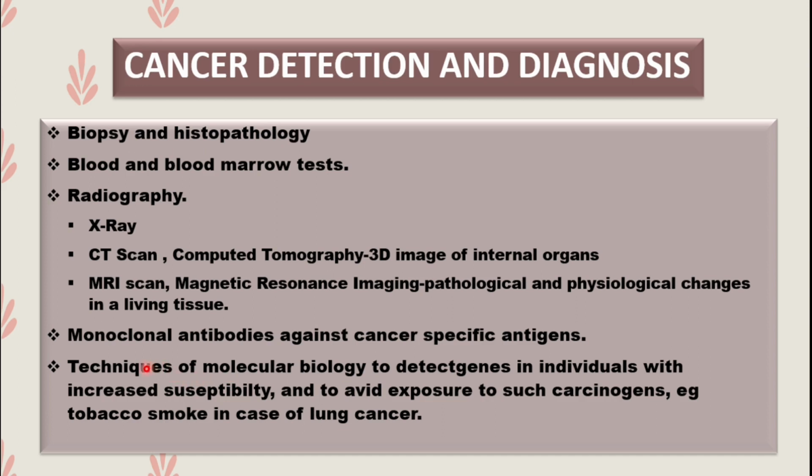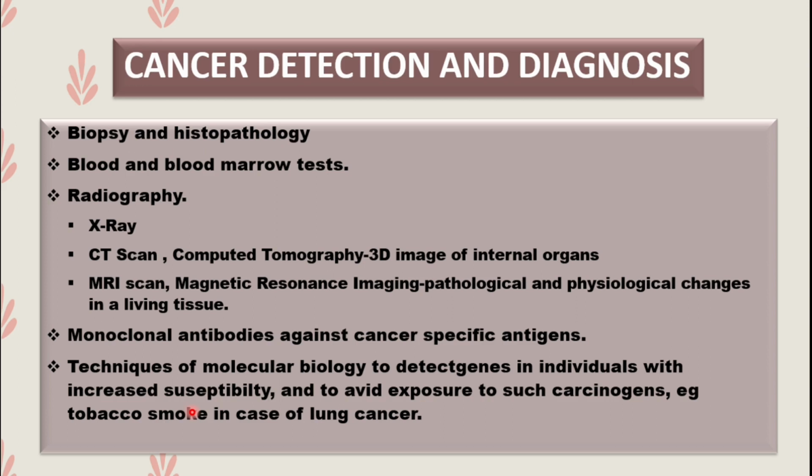There may be some individuals who, due to genetic reasons, have increased susceptibility to cancer. And such individuals are asked to avoid exposure to certain carcinogens, like in the case of tobacco smoke, in the case of lung cancer. So such people should not be exposed to tobacco smoke,